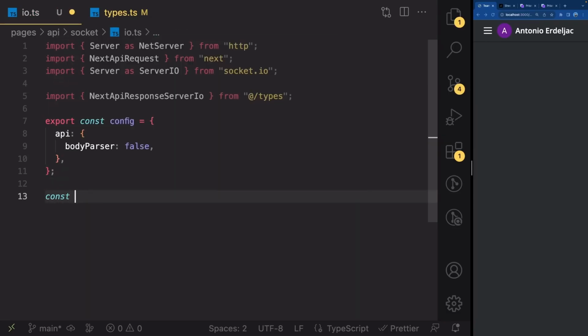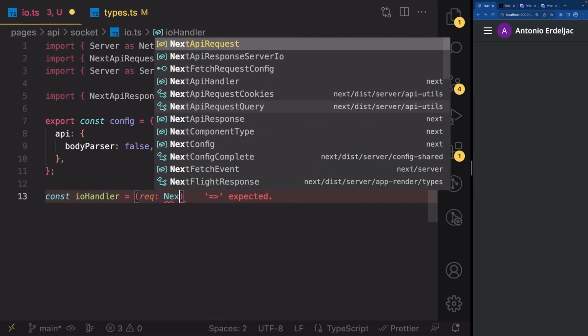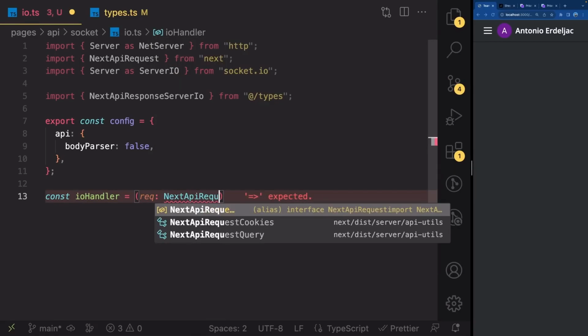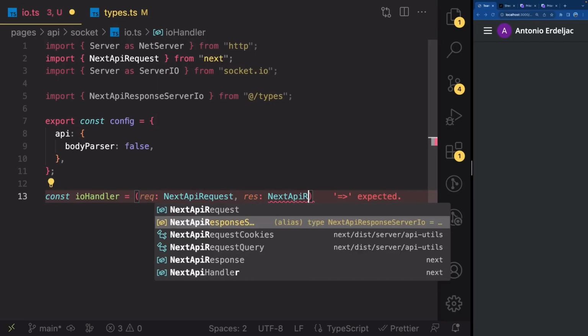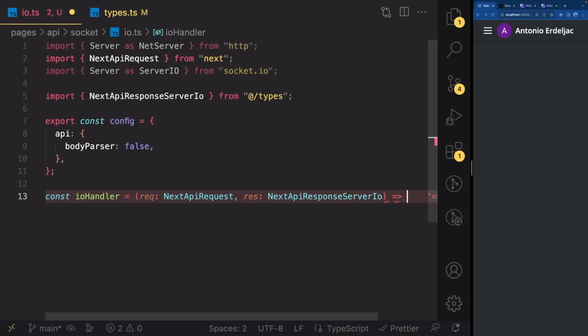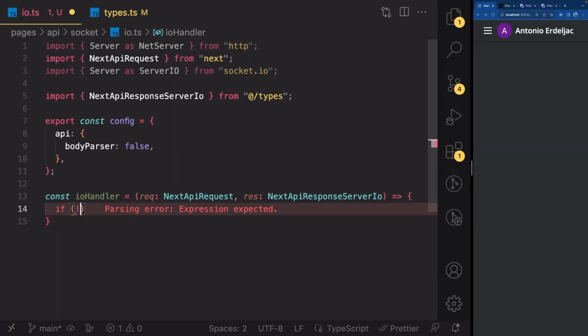And now let's write const IO handler to have a request of next API request like this, and the response of next API response server IO like this. Let's open an arrow function, and first let's check if we already have a response socket server IO. So we are only going to write this code if there is no, so put an exclamation point, if there is no